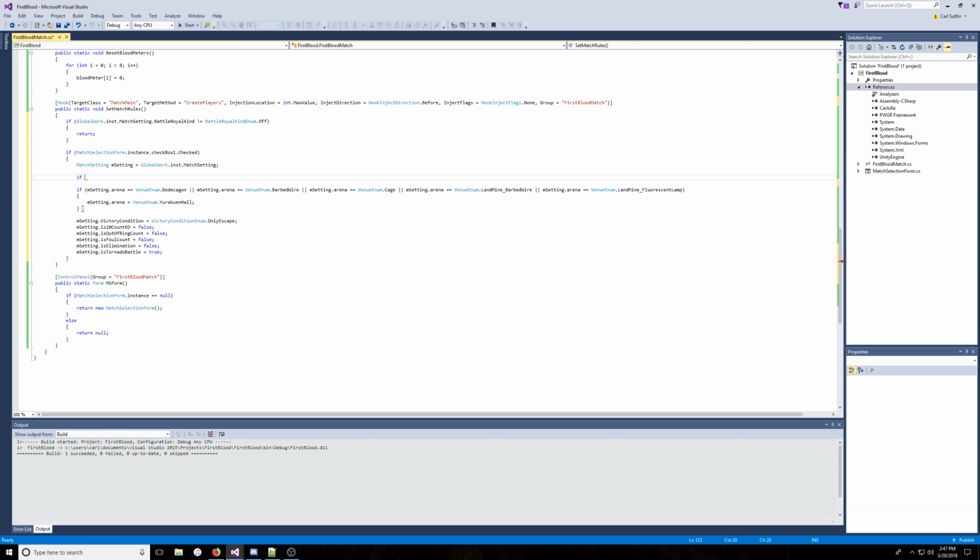So it's if M setting arena, so we're basically going back through that global work thing where we picked out all the arenas we didn't want to have. Equals venue enum dot barbed wire, we didn't want the barbed wire, or M setting dot arena equals venue enum dot, what else did we do, cage, or M setting dot arena equals venue enum dot landmine barbed wire, or M setting dot arena equals venue enum